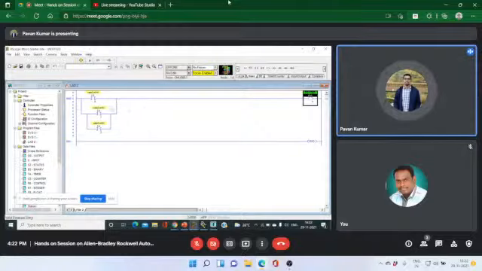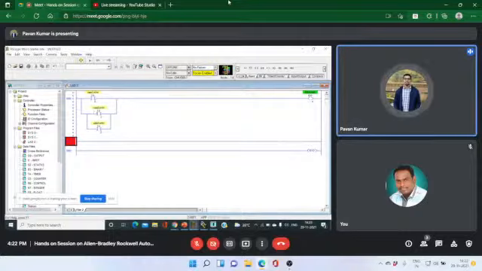This is the logic behind the temperature control, and in this I have to control the heater by giving the timer. In case 1 I require 2 timers, in case 2 2 timers, and in case 3 2 timers, so overall I require 6 timers to control this process. So I take a new rung here, and I give the address of